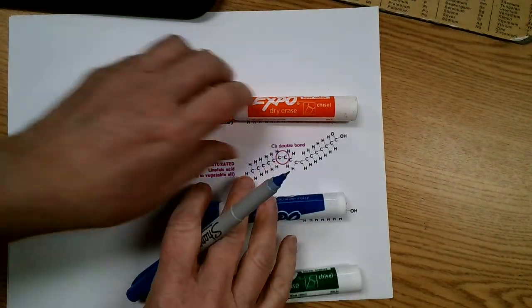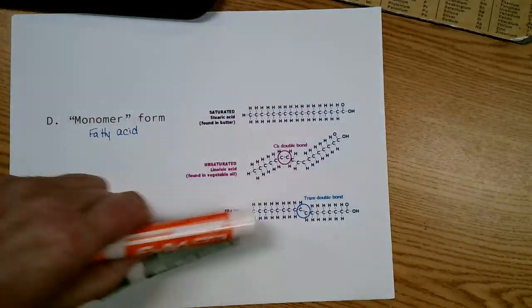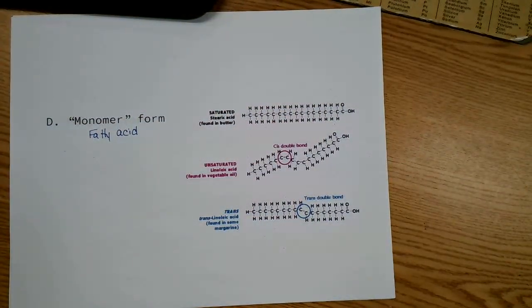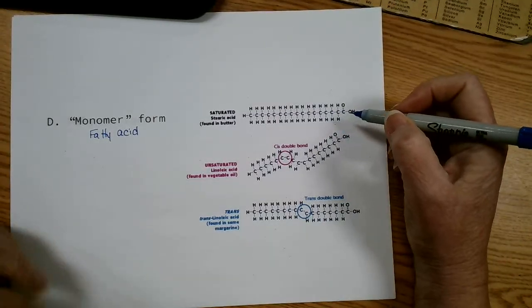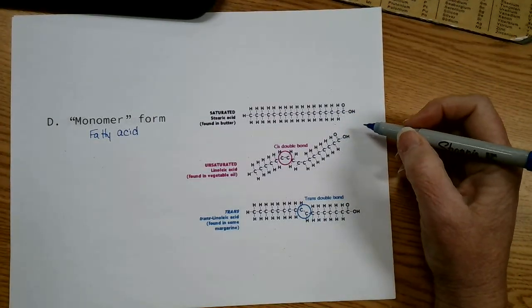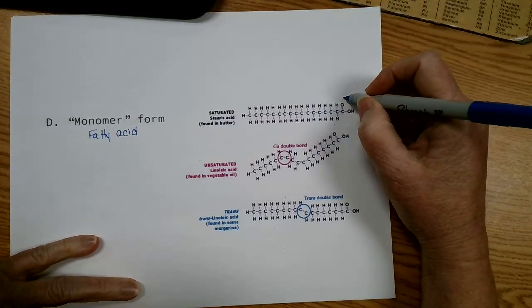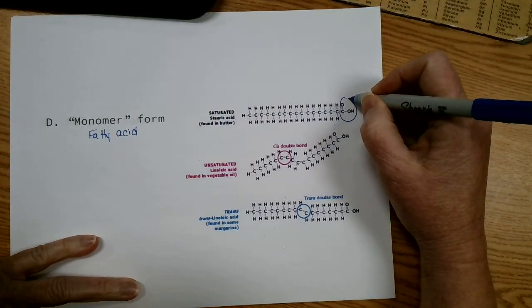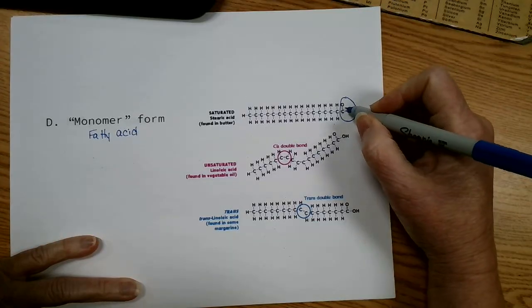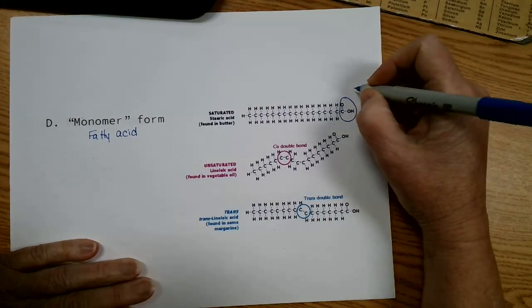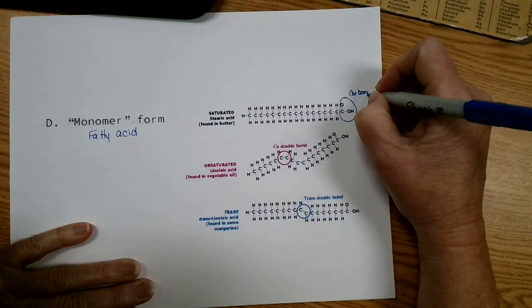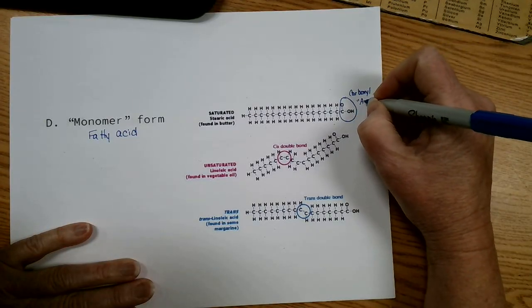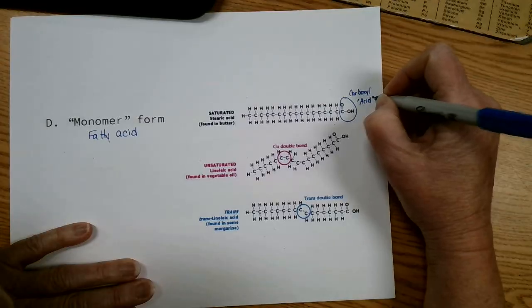But what's the difference between this one, and this one? What's the difference between these, okay? And you can see in the structure, look at what a fatty acid is made up of. They all have, at the end here, this little group here. Okay, see this C with an OH and then this double bonded O there. This is what we call a carboxyl group. Carboxyl. It means acid, hence the name fatty acid.